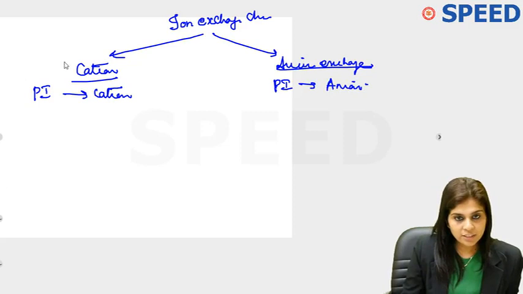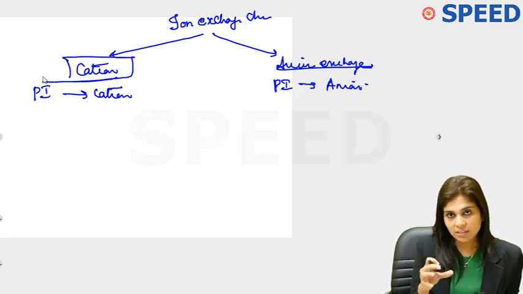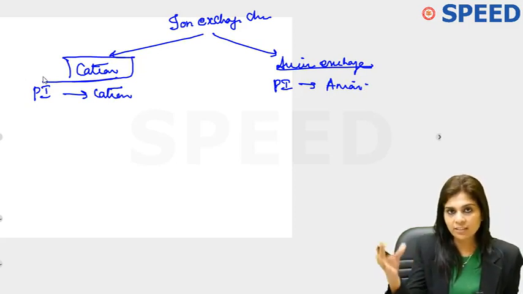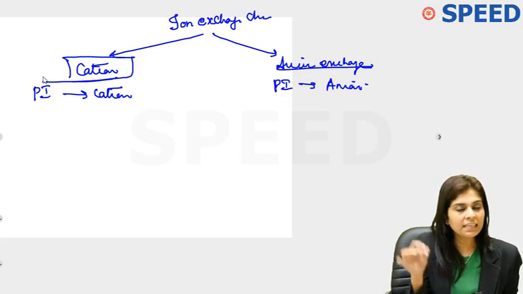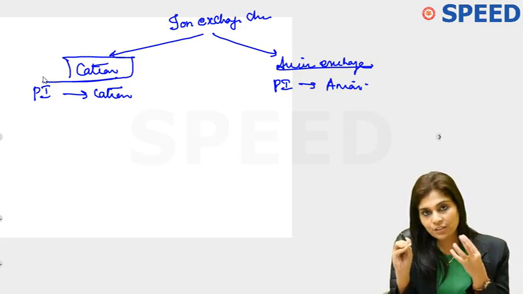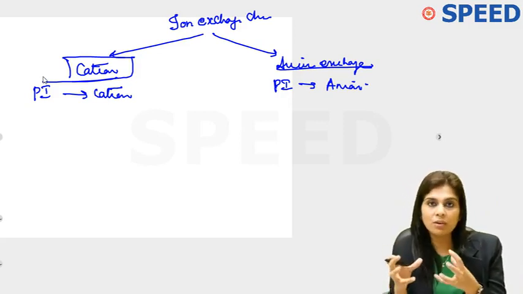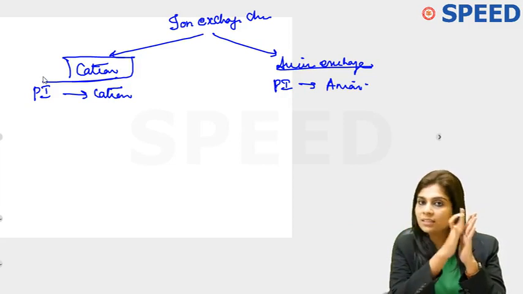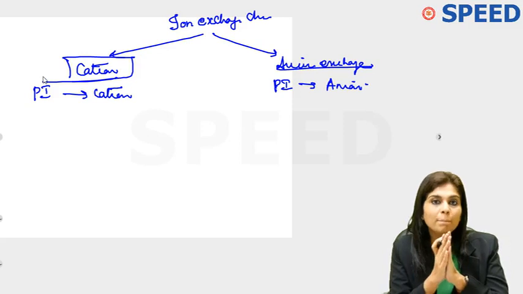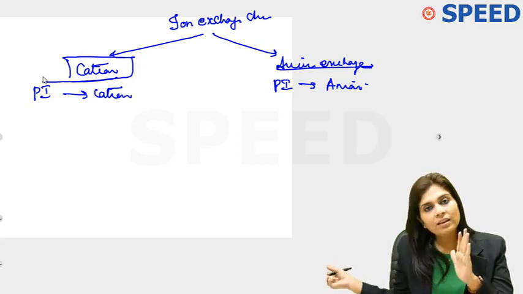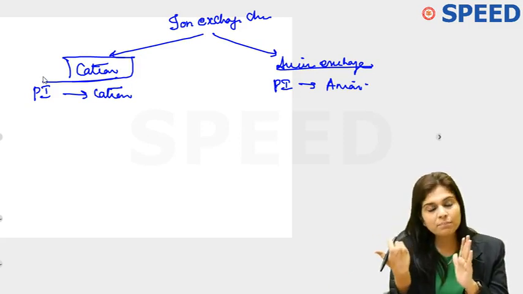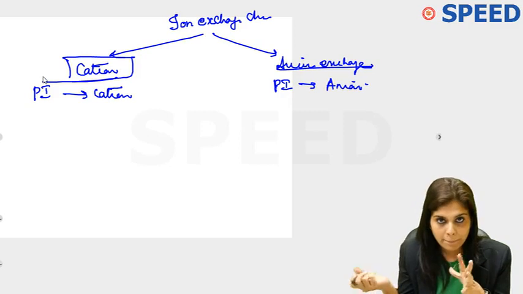Now in cation exchange chromatography, the basic concept is, or in any chromatography for that matter, not just cation exchange or anion exchange or size exclusion, whatever type it is, the basic concept is that anything which is of interest to you will be first retarded onto the stationary phase, so that anything which you don't want, which you consider as impurities, comes down faster. After you have removed all impurities, you get back what you want from the stationary phase by a technique called elution. Do you understand this?